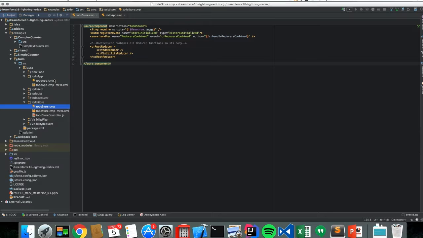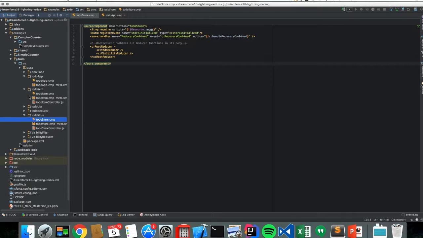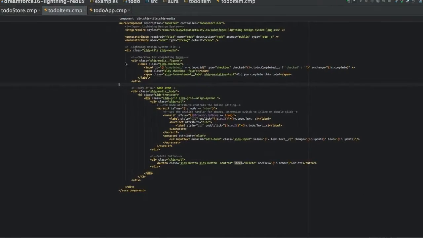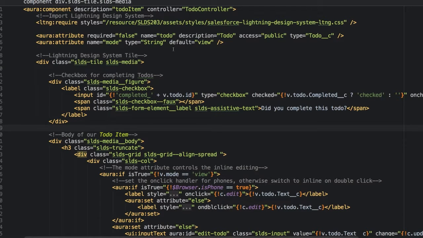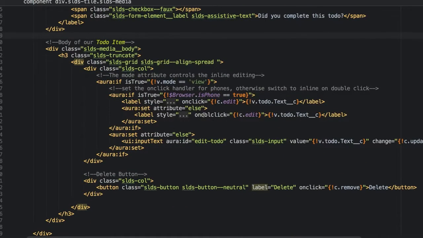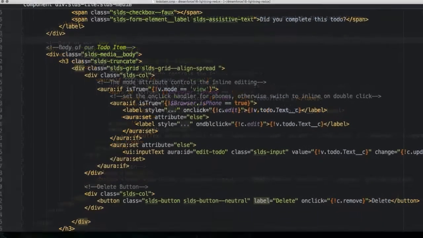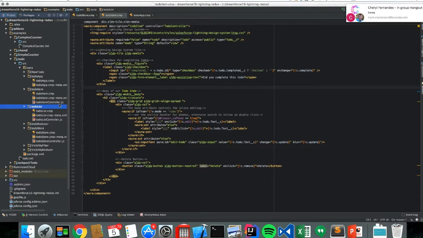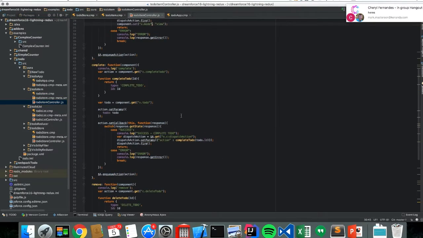Now to show you where there's a big win with using Webpack versus kind of this setup, I'll go to the to-do item. And now the to-do item has a lot of things going on. It has a checkbox here. There's a checkbox that has an edit mode. You can edit them, you can delete them. And to kind of show you what one of these controller methods looks like,